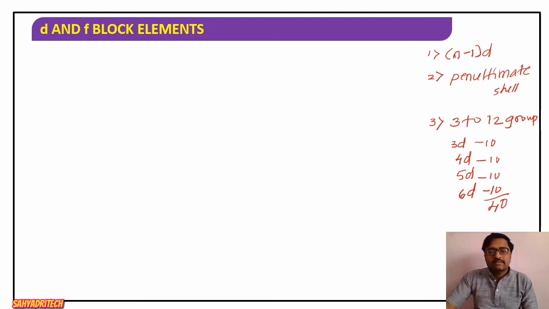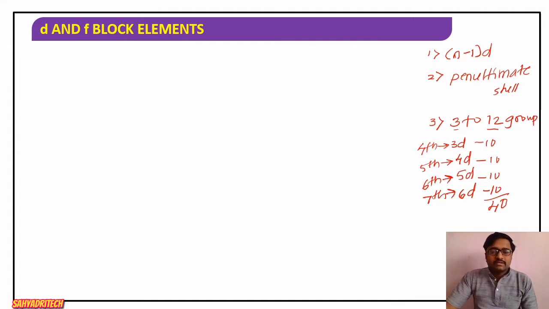So 3D means what is the period here? Fourth period, fifth period, sixth period, and seventh period of the periodic table. Regarding the position of D block elements, groups 3 to 12 of the periodic table constitute the D block, in periods 4, 5, 6, and 7. The fourth period includes the 3D series, or you can say the post transition series, the 5th period the 4D series, the 6th period the 5D series, and the 7th period the 6D series.